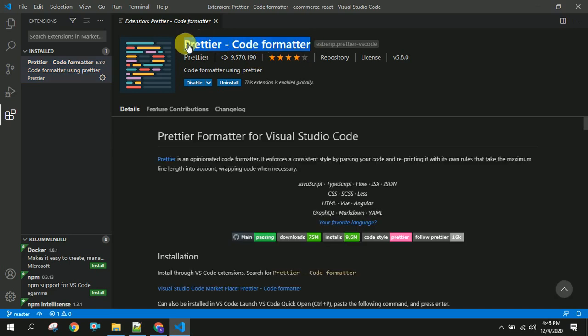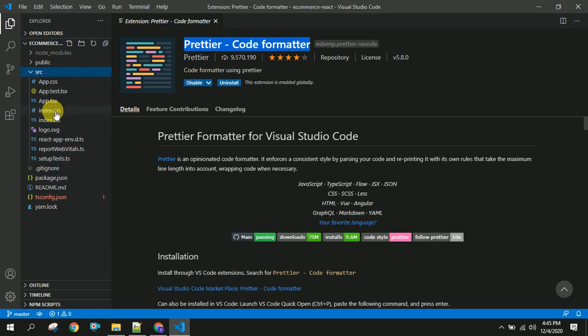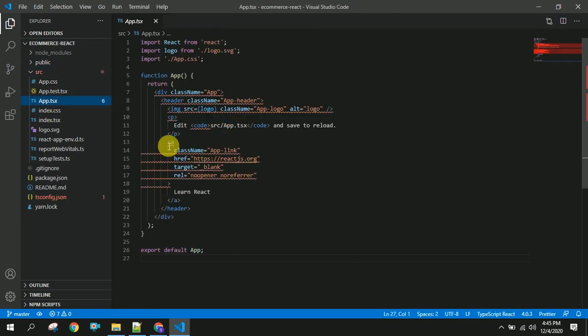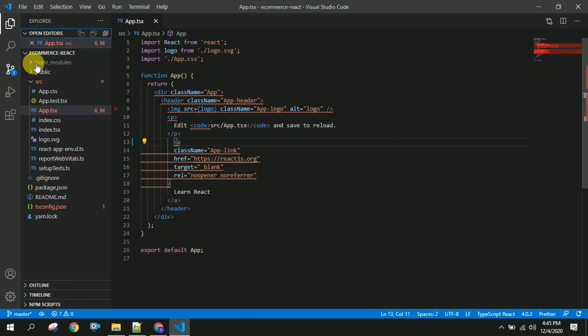If you are already an experienced developer, then you will know about this. Let me show it. If you open app.tsx and remove this, made some changes, it will automatically come back here like this. So basically it will structure your code. As we are having some errors, it is not structuring our code. Once we resolve these errors, it will structure our code directly.